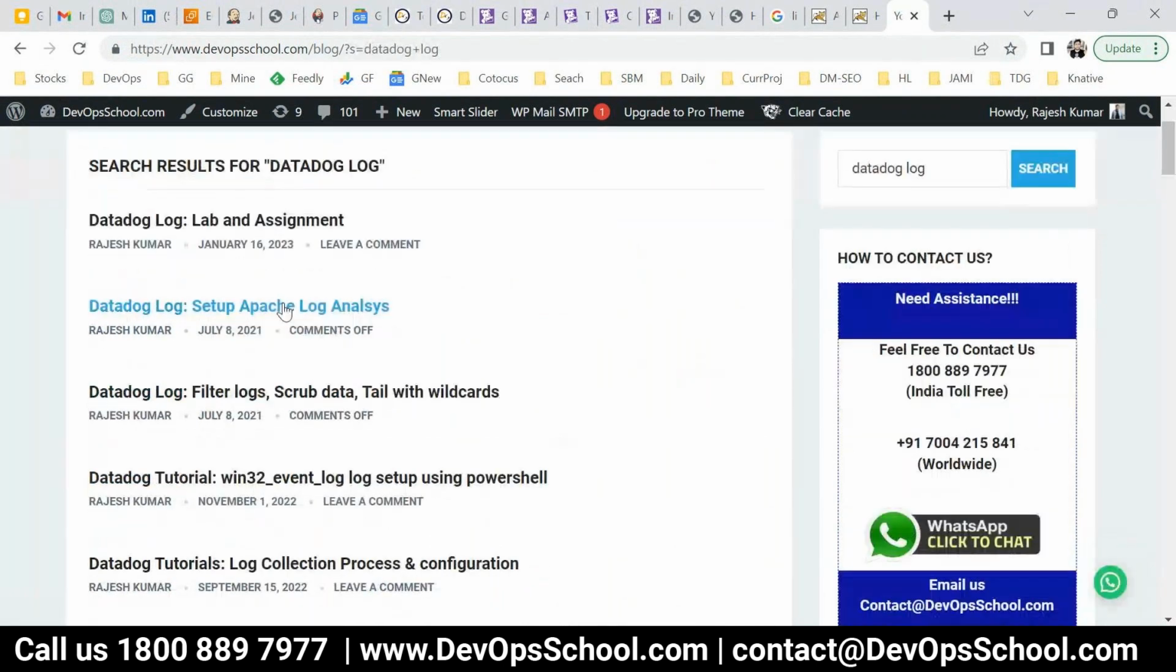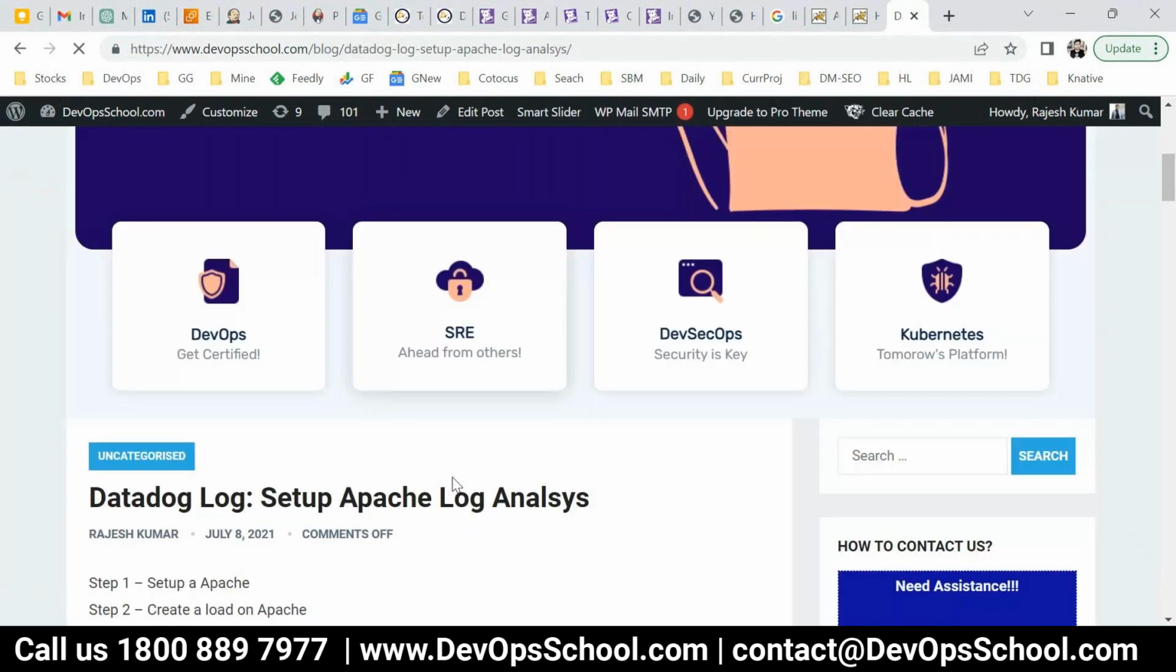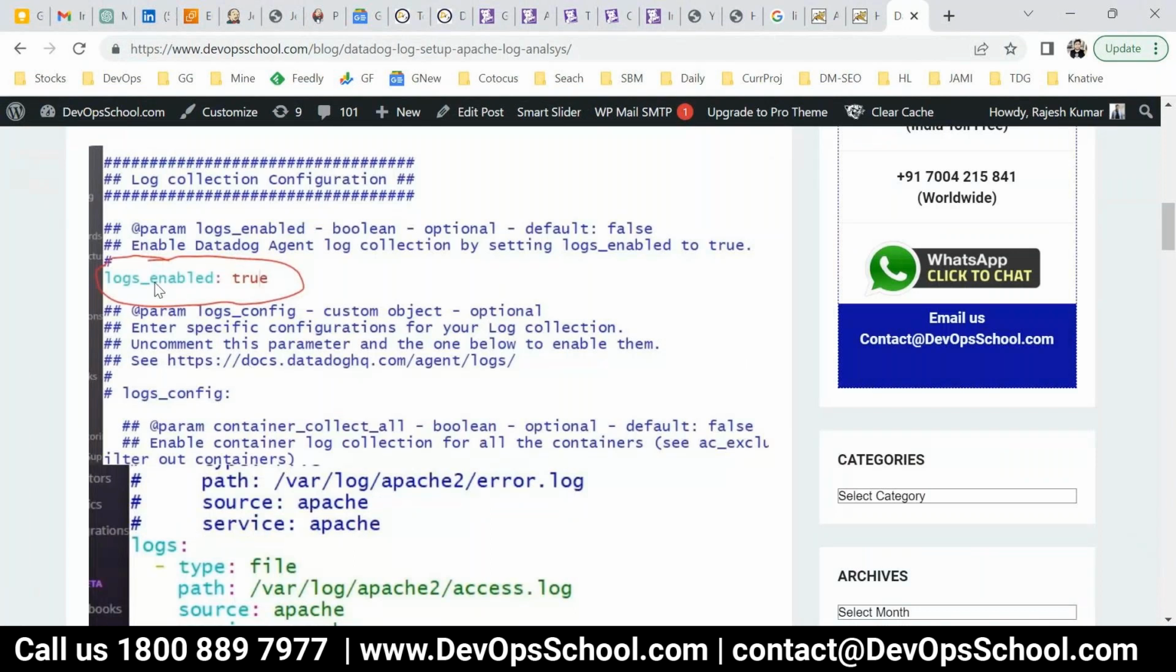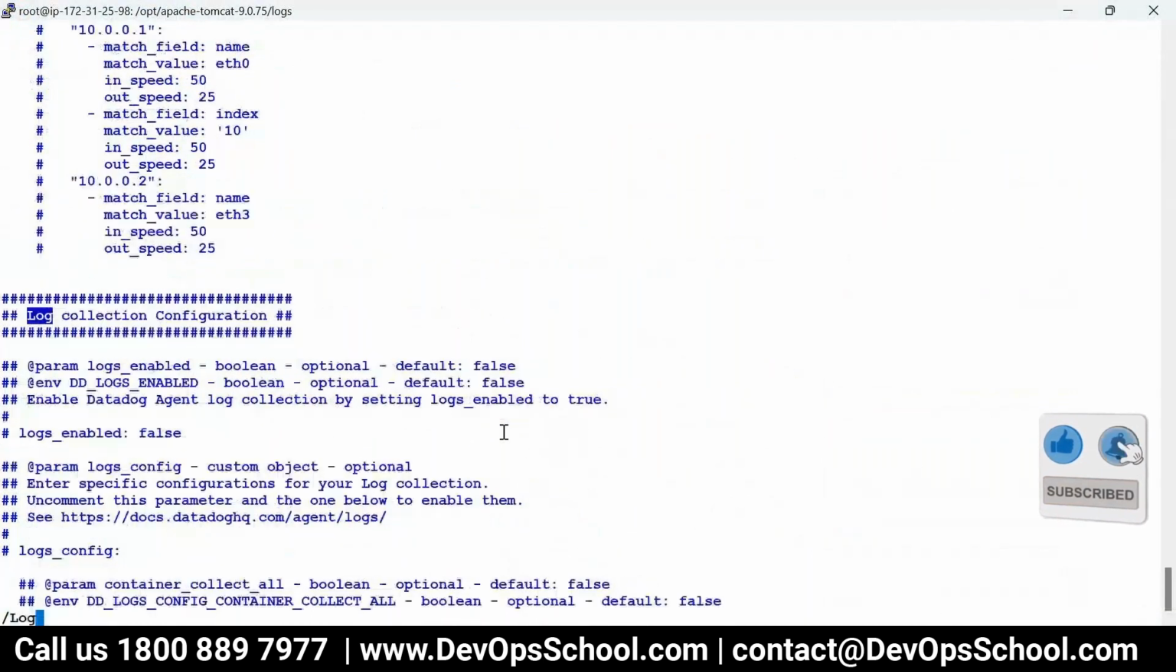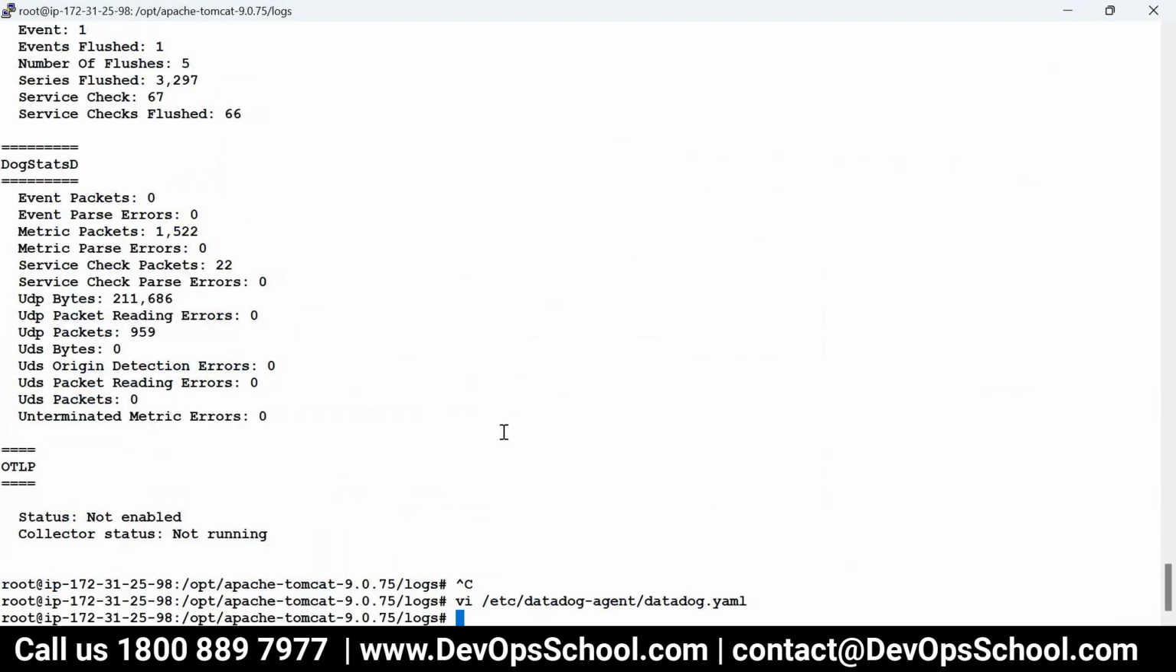So this one, log collection configuration. So it will be easy to search. So log, here it is. So this you have to enable. Done. Okay. So this you have to log enabled true. Done. This was needed. Now restart the agent and then check the status